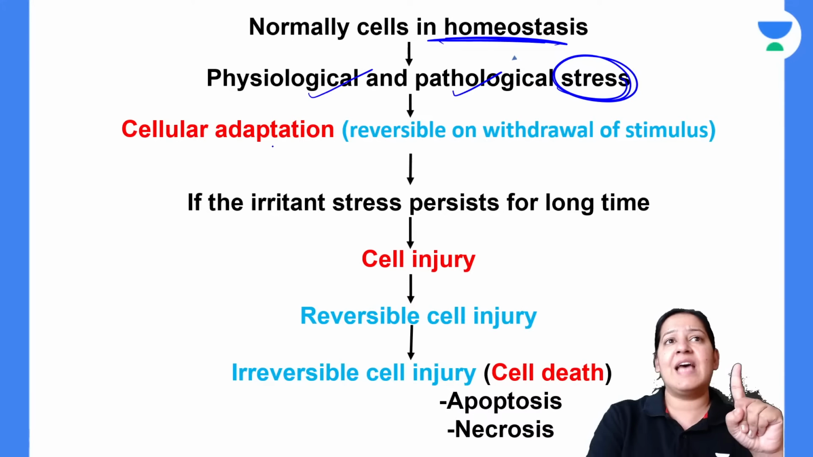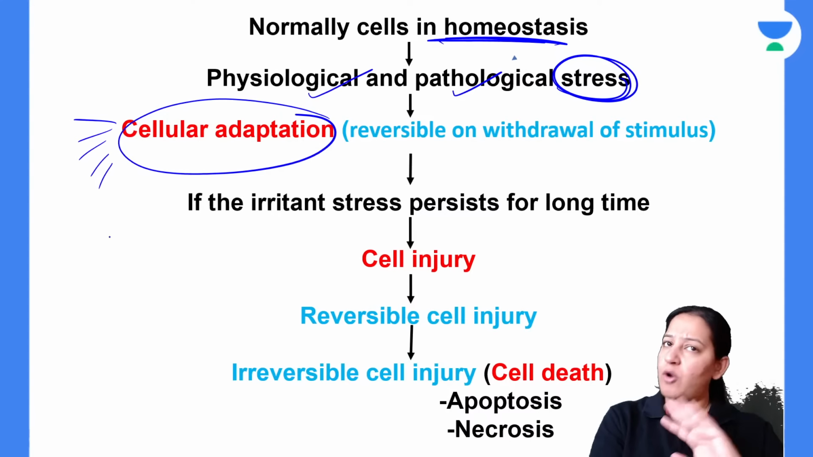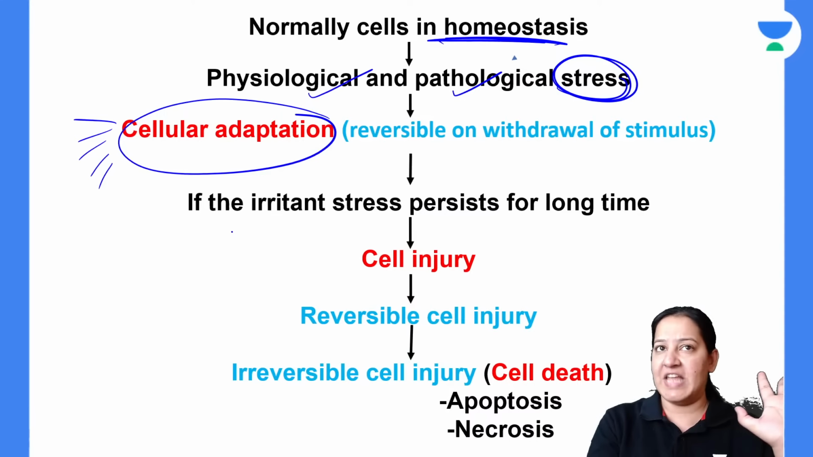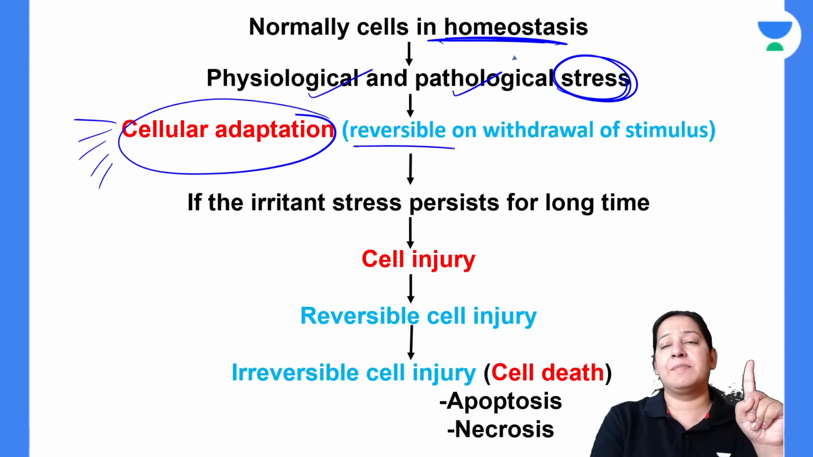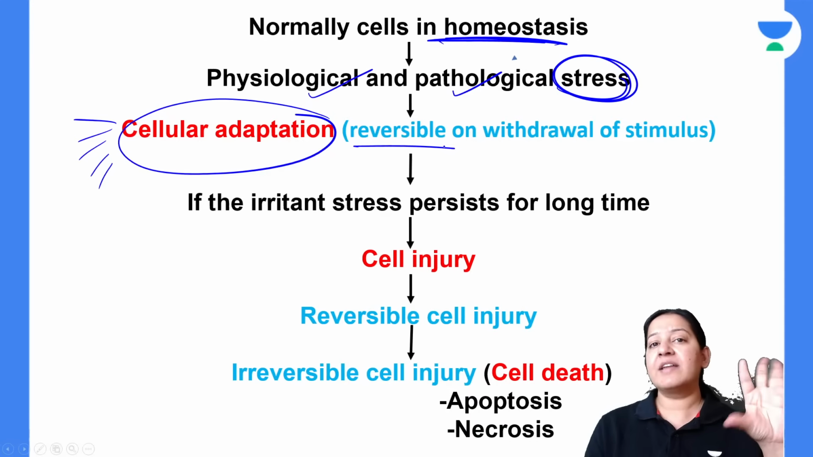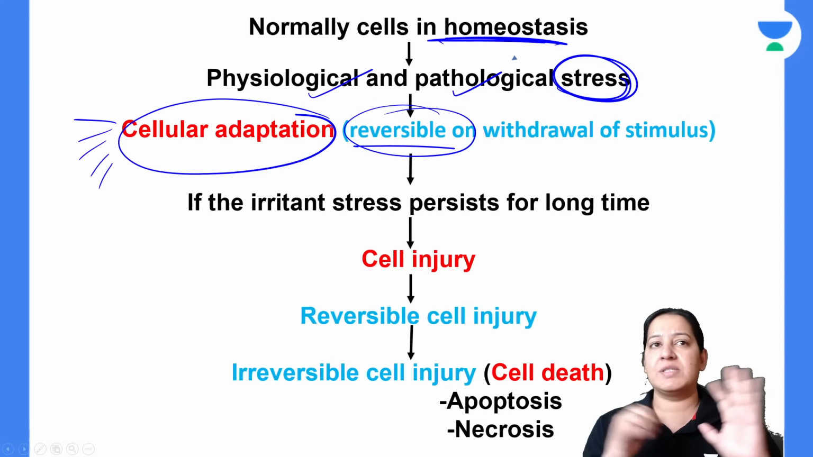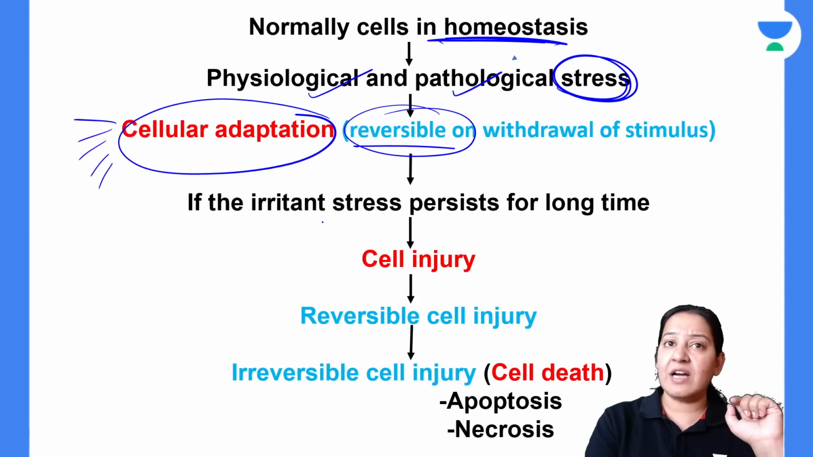The first thing the cell will do is cell adaptations. There are 5 types of adaptations which we have already covered in the last lecture, so I will not repeat them. All adaptations are reversible. That is hypertrophy, hyperplasia, atrophy, metaplasia, and dysplasia. These are the 5 types of cell adaptations. Once the stress is removed, the adaptations are reversible. If the stress continues and persists for a long time,